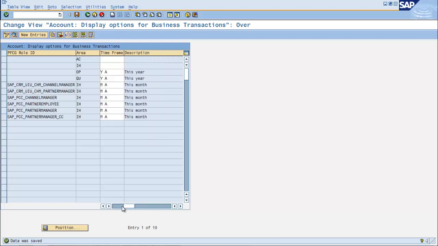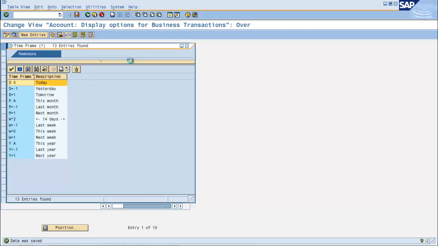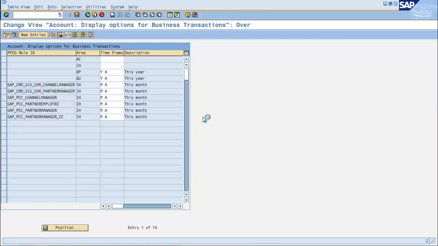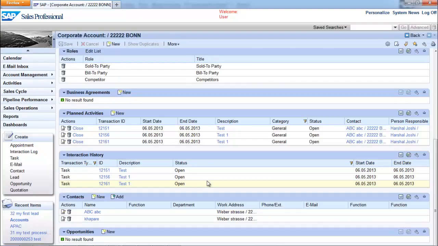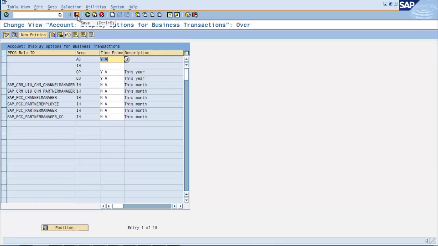So basically if you see, we can define it for a time frame. Now maybe let's do one thing. For the activities, let's assign the time frame as this year. Now if you see the transaction, the start date and the end date lie in 2013. The present date is 2014. So if I save this